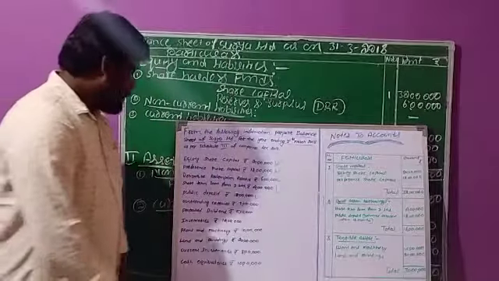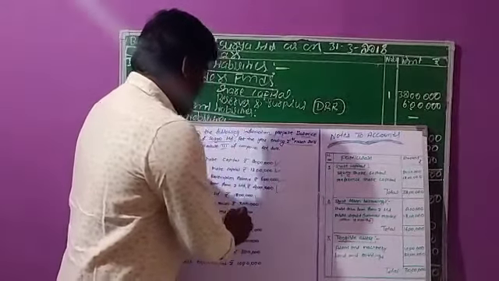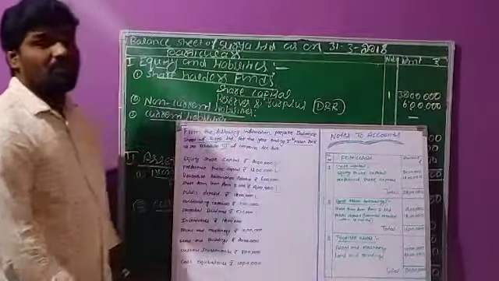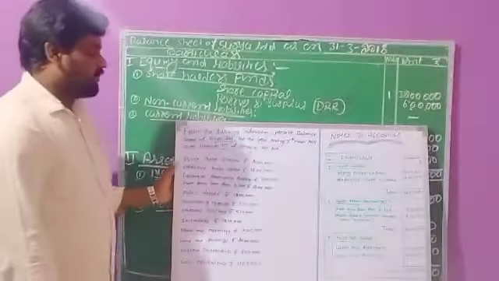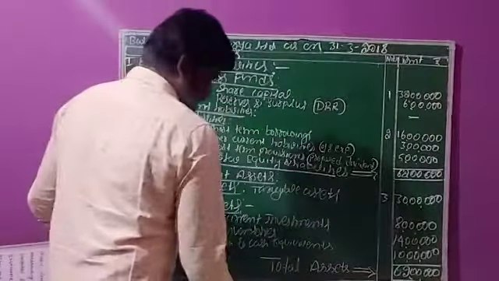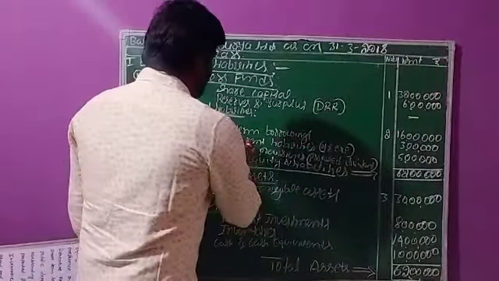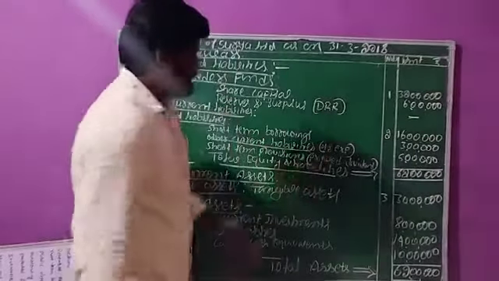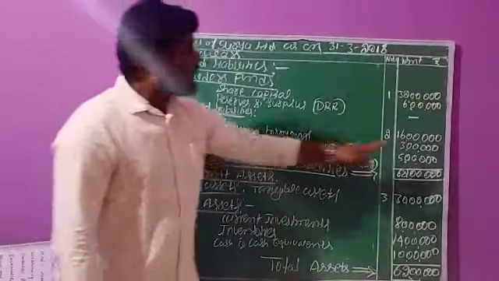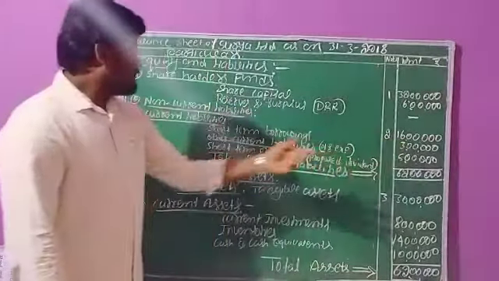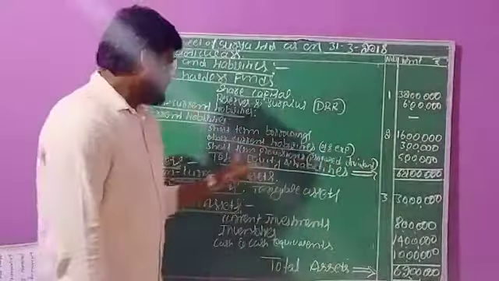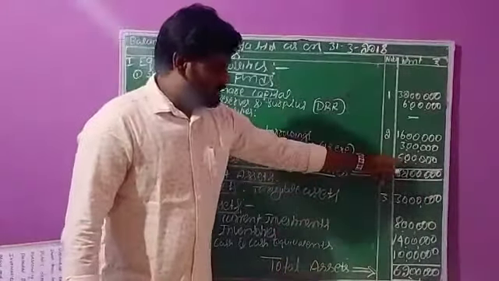And proposed dividend also they have given. Proposed dividend 5 lakhs rupees. Both are related to current liabilities. Now we can record these two transactions. These outstanding expenses we can call other current liabilities. The amount is 3 lakhs rupees. The next one, proposed dividend, is nothing but short-term provisions. These short-term provisions are 5 lakhs rupees.